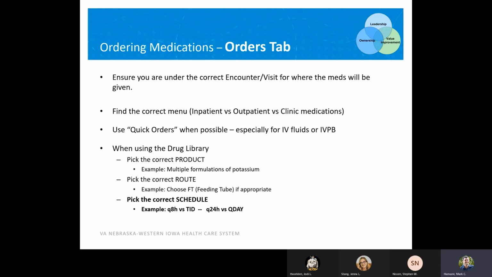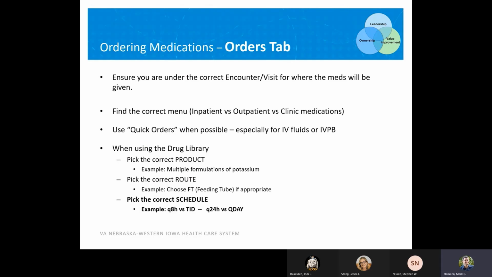Make sure that you're using the quick orders when possible, especially for IV fluids or IV piggybacks. A lot of the rates and doses are pre-built in those quick orders, and there are also some special instructions that will want to be copied over when the pharmacist verifies those. So try to use quick orders when possible. When you're using the drug library, you'll want to pick the correct medication, of course, the correct route, and then